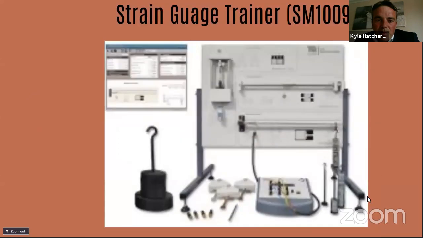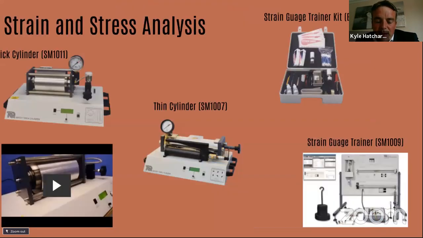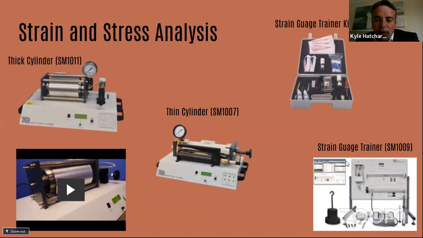Now, that obviously then feeds back into our VDAS system, but you can apply varying forces, varying loads, or even a torsional effect to the specimen, as you can see on that display board, and that will feed back as to how the strain gauge is effectively feeding that information back to the software. It gives students really a fundamental understanding as to then, right, we're using all these varying different pieces of equipment. So we move back into the thin cylinder, which again uses strain gauges to understand how that surface